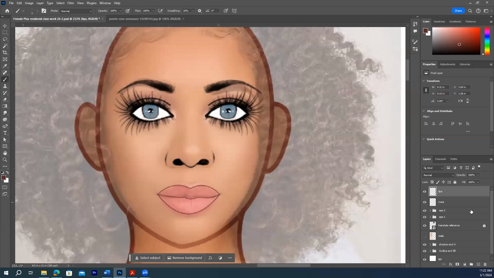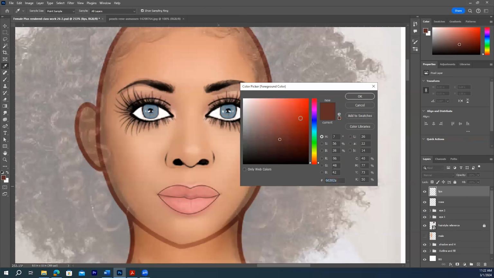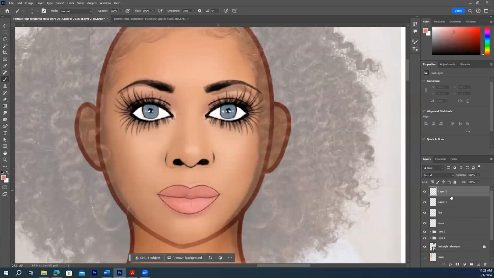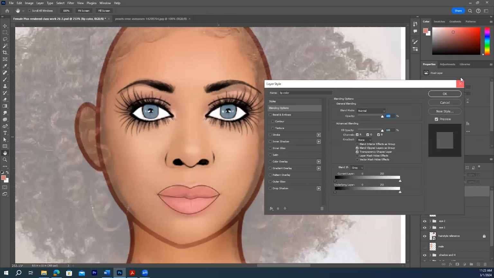Go here and let me fill the color. Let me select color. Yep. Create a new layer, not to this one. And this is for lip color. And now go to lip layer